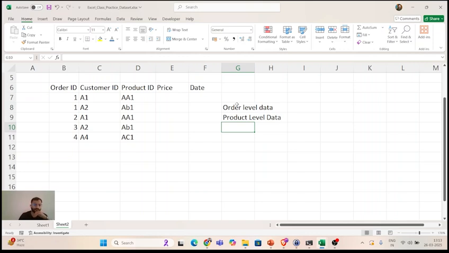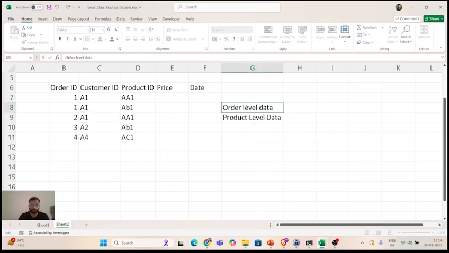order IDs can be duplicated. For example, in order ID 1, there were two products, AA1 and AB1. Customer ID must be the same because if I am talking about the same order, customer IDs cannot be different, because one order is placed by one user only. So it should be A1 ideally right here. And let's say this is the case, correct? Again, this is another order by the same user. That is again possible. So when the data is stored on the order level, no duplicates are allowed.